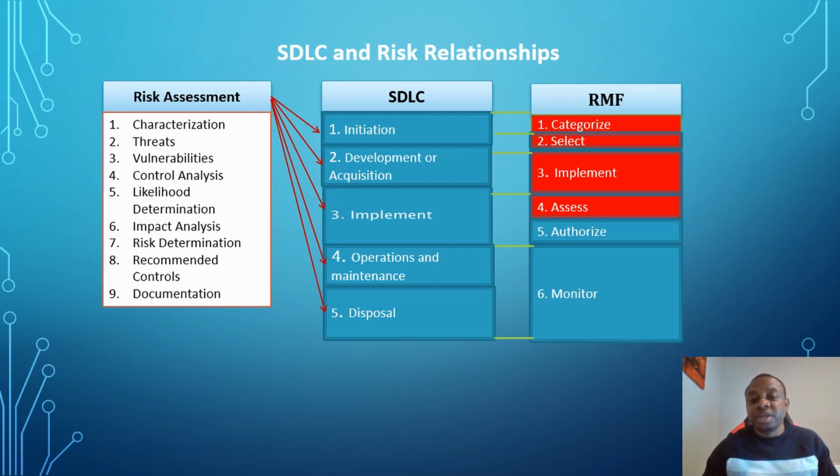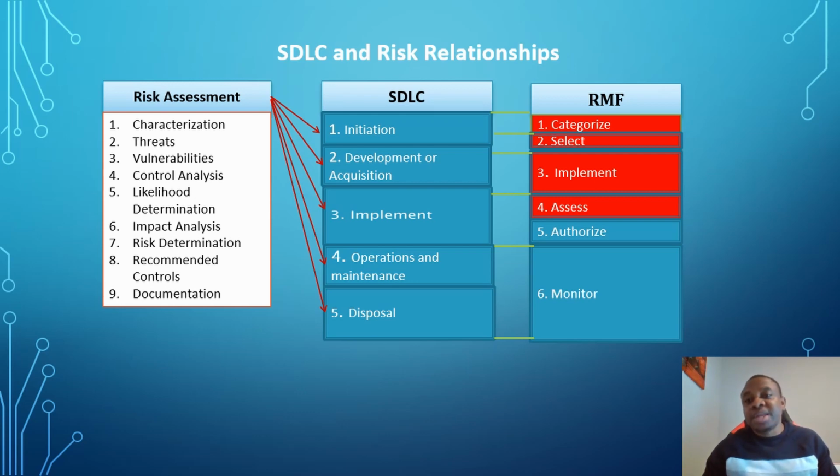Then it moves to the implementation phase, where they conduct testing, and the result of the test is reviewed and accepted and the application is deployed. There are various types of testing that they conduct: structural testing, functional testing, and security testing. Now, the operation and maintenance phase is where you apply the patches to ensure that the system keeps running smoothly. You conduct vulnerability scans to identify your vulnerabilities and remediate them in a timely manner. Then you move to the disposal phase, where the system is decommissioned.